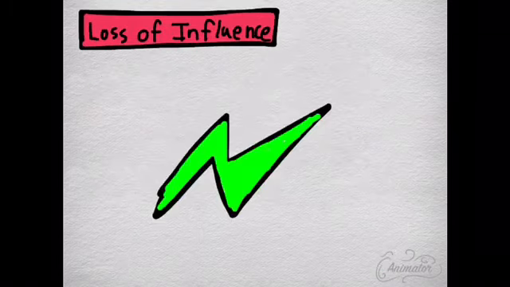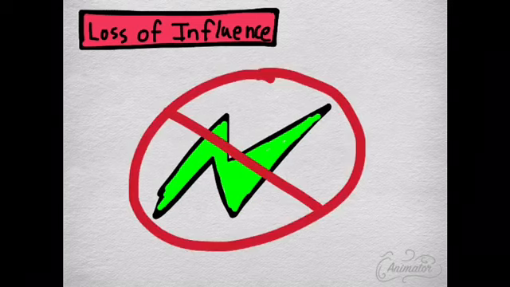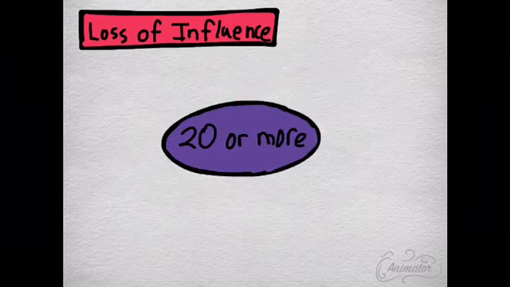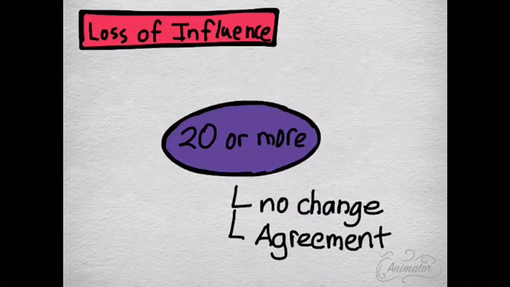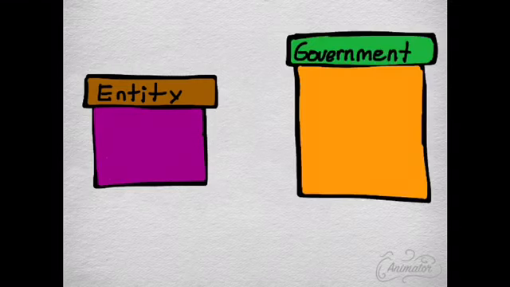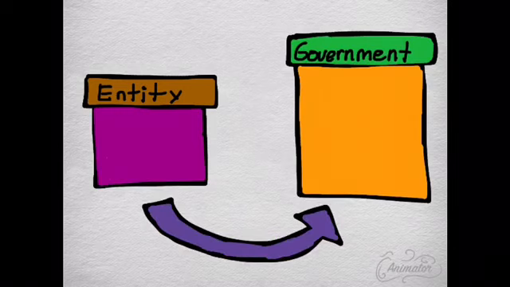Sometimes a loss of significant influence could happen. So it doesn't always go as what you wanted it to be. Even though you have a voting power of 20% or more, and it does not change, once there is an agreement between two entities, then you would have a loss of significant influence. Also, it could happen when that entity that you had influence over is acquired by the government, because control is more powerful compared to having significant influence.